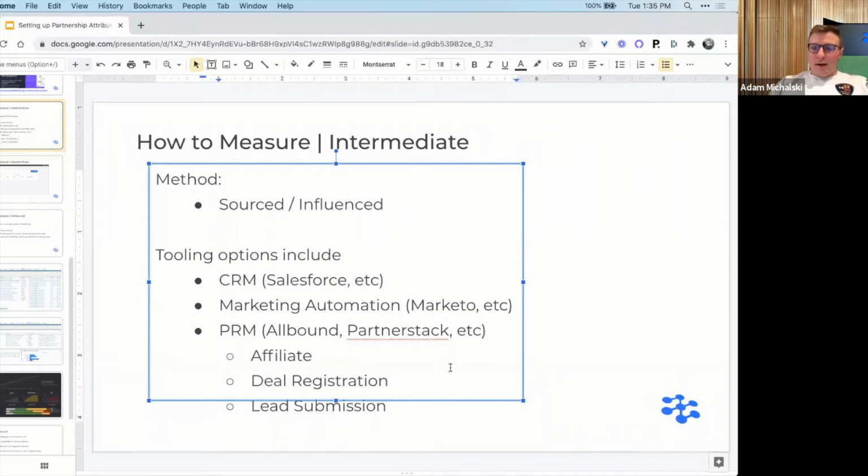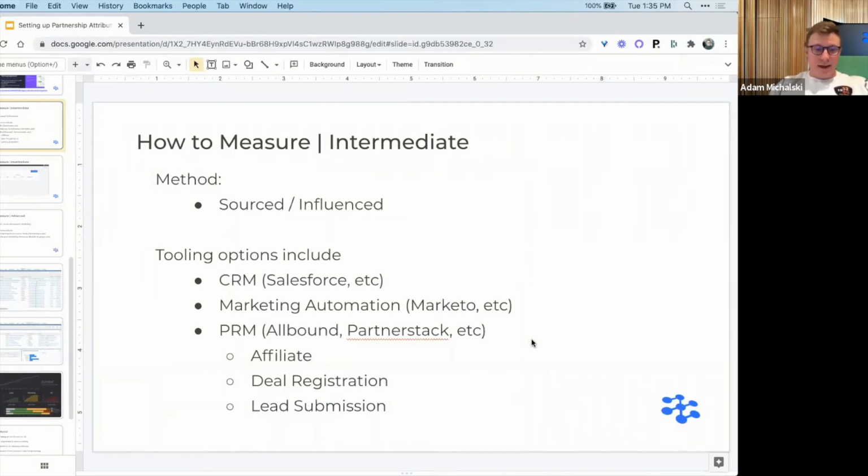The other important thing is that PRMs will really start to become impactful in the intermediate and even the expert or advanced ways to measure. They're really important because they allow you to account for the transactional partnerships that you have. I like to think about partnerships in terms of two different subsets. One is the transactional, where a partner is directly driving revenue to your website, or giving that client an affiliate link, for example. It's very obvious that they're driving that business.